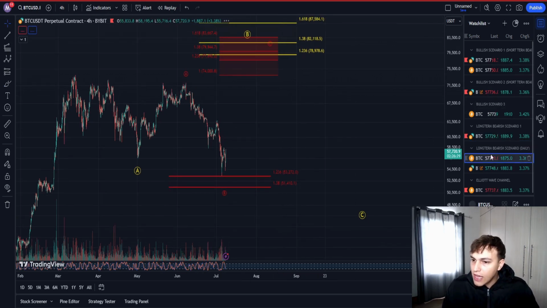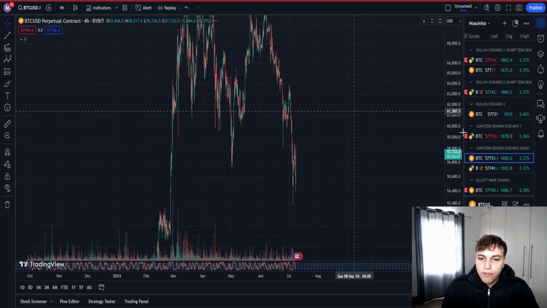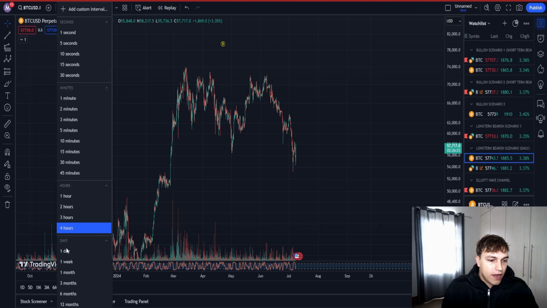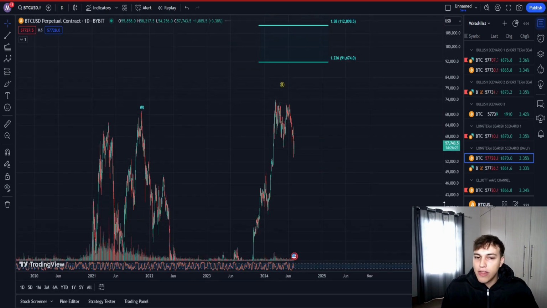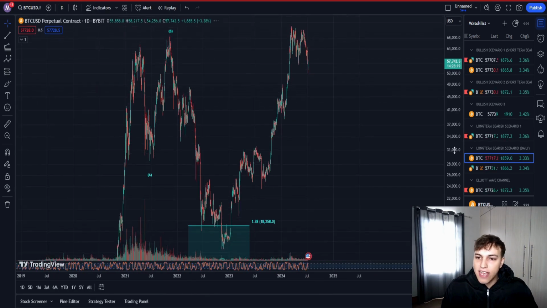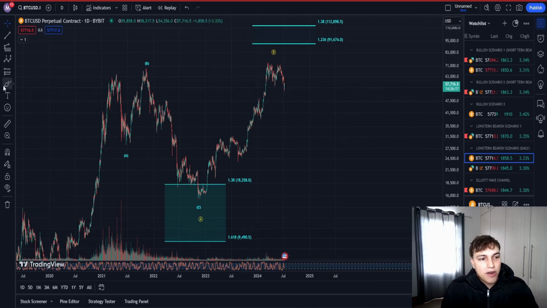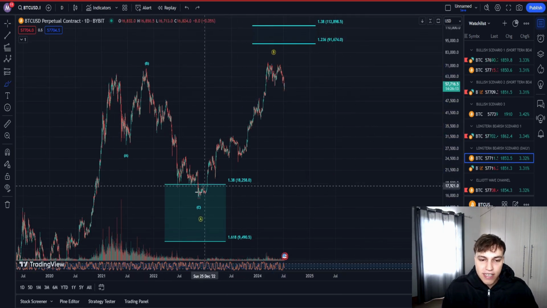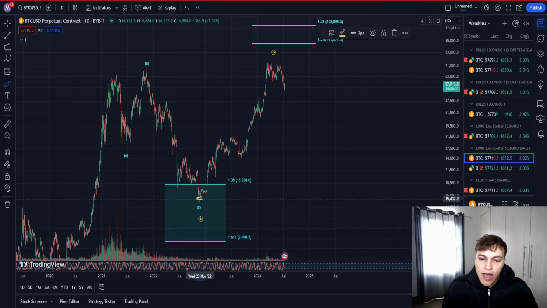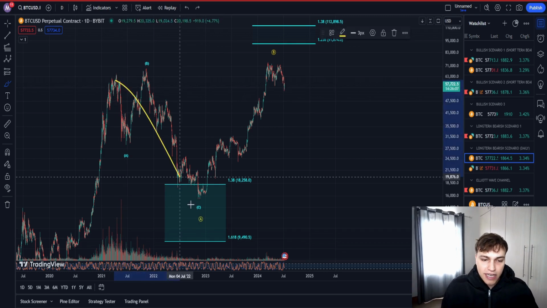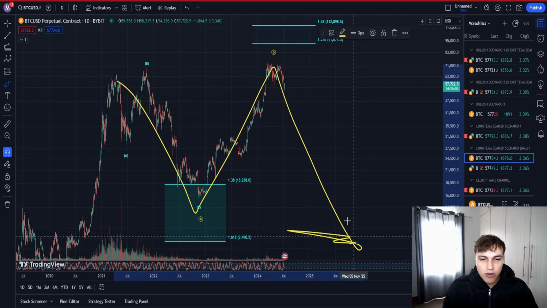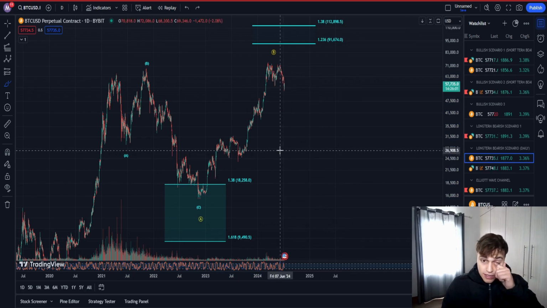Now, another long-term bearish scenario would be that we have this entire move as a B, and we are now seeing a C wave to the downside. This is on the daily time frame, and this low was made in November 2022. So we would be seeing an A, B, and C down to terrible, terrible prices, but let's hope that is